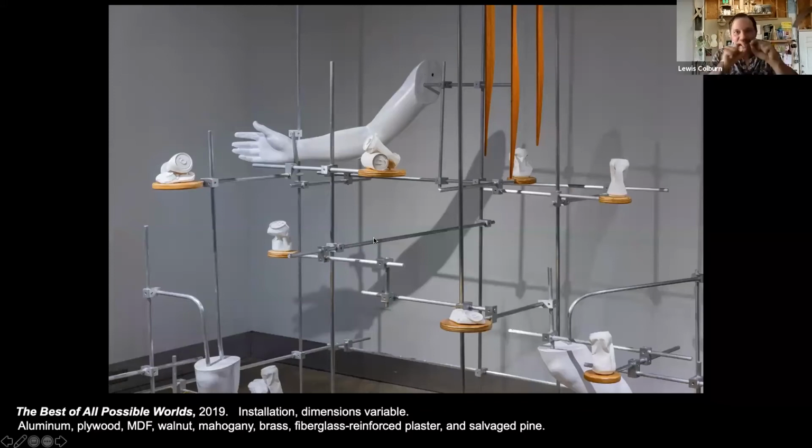And again, it goes back to that language of museum display, right? All these little aluminum adjustable widgets that hold things in specific places, right? Okay, and then the last thing I'm going to show you is probably something that I think about